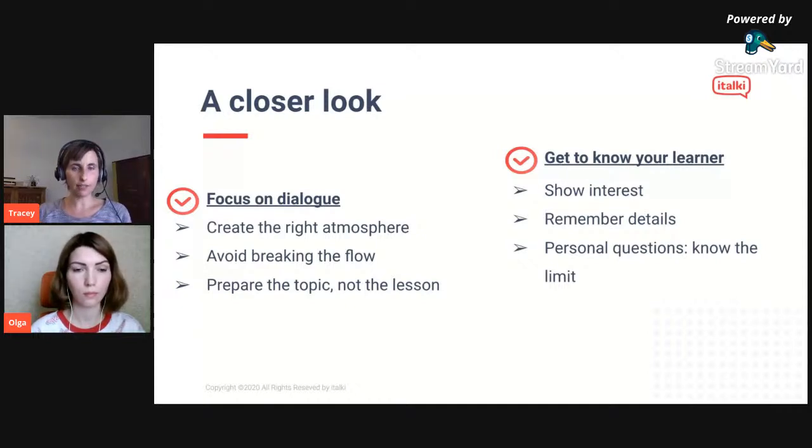Now, this can be hard if this is a brand new student, but even in that lesson, you can get to know them. Listening out for things that they say. Often with new learners, it's a case of, why are you learning this language? What is your experience in this language already? And anything that they offer you in terms of personal experiences or any details, you can zoom in on that